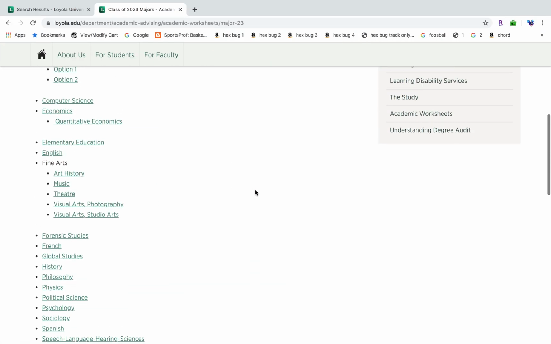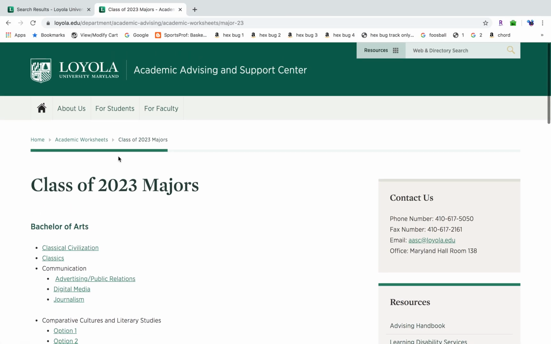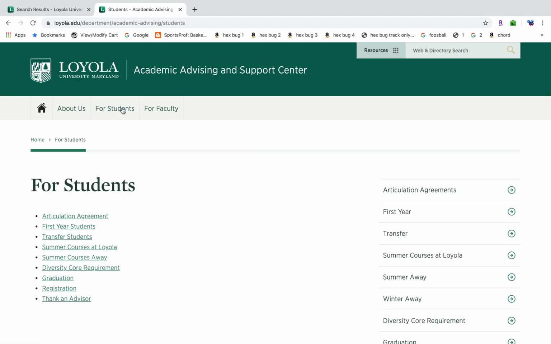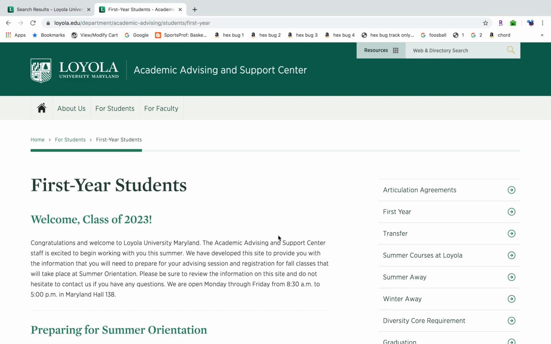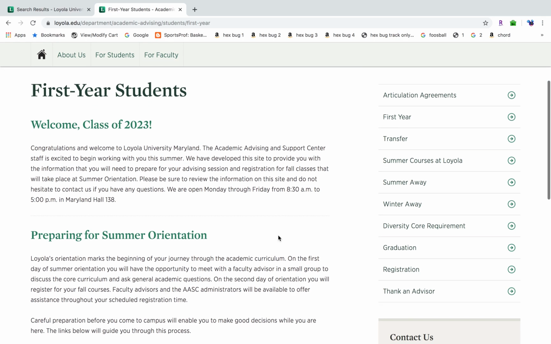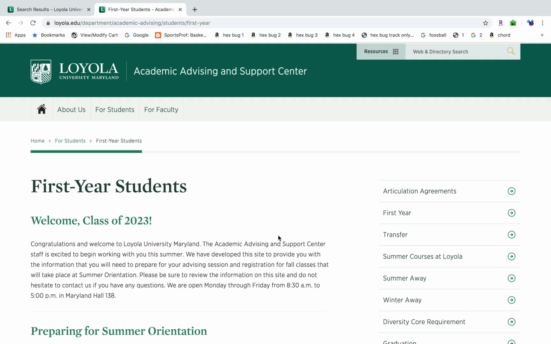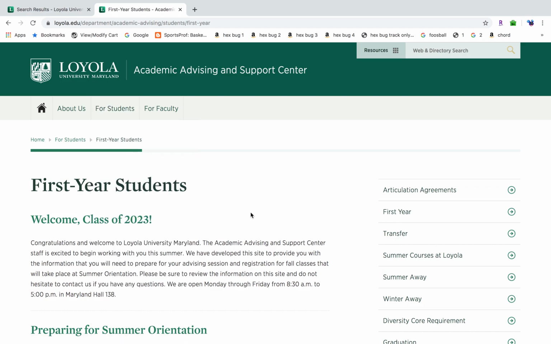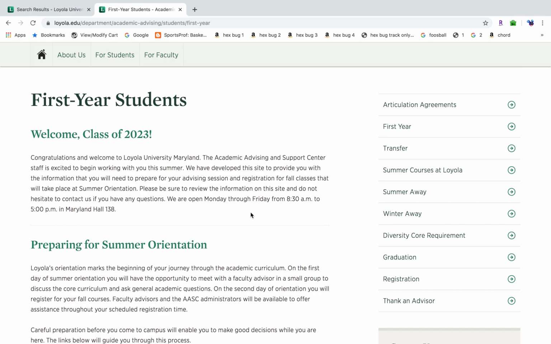Okay, so let's go back. There is some more information. This is just the advising website here, and they do give more specific information. So if you want to come in here, and really for you all, I would say